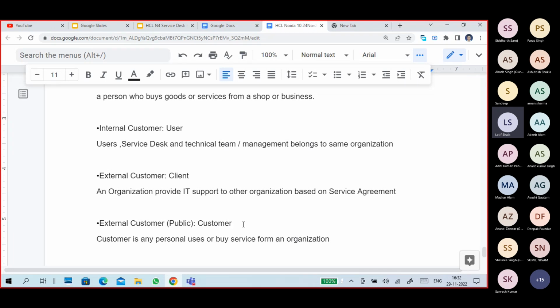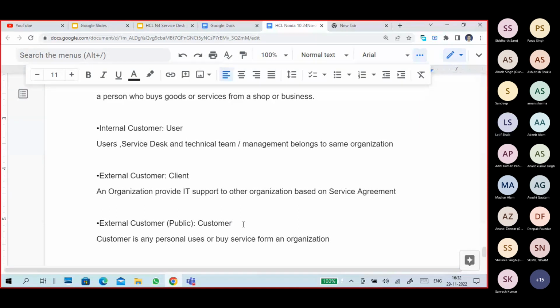If I need any request or information, or if I face some issues, I will contact my service desk as an internal customer. I divide these words, user, client, customer, but everyone is a customer. Just for our understanding purposes, I will divide them as user, client, and customer.